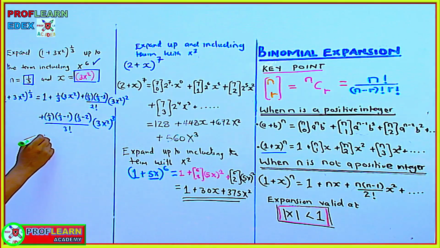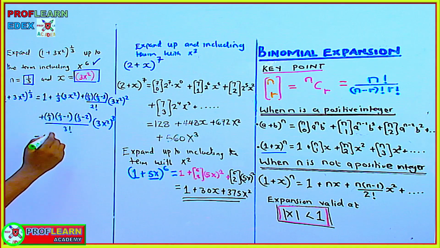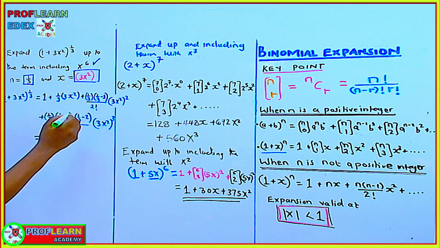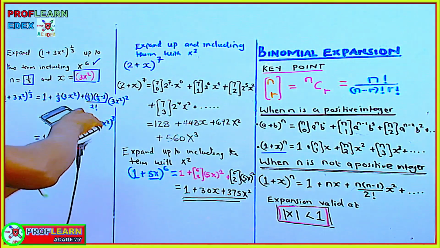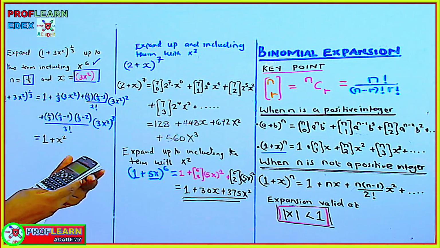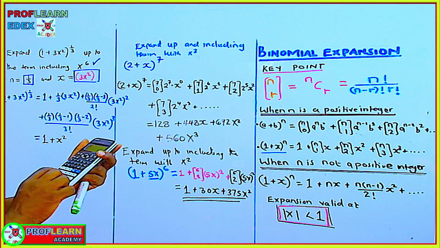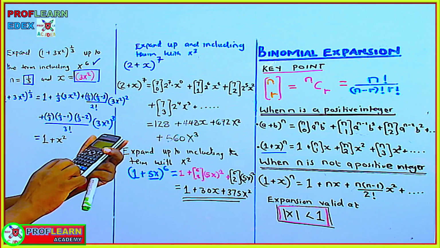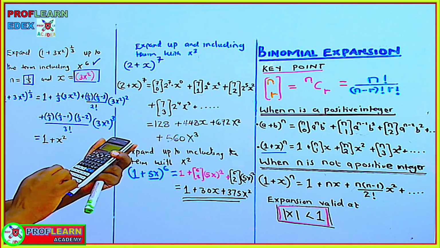The first one becomes 1. The first term is 1. The second term will be a third times 3, which is going to be x squared. The next one we are going to have, let me just put this in a calculator so that we don't make a mistake. We are going to say this is going to be open the bracket 1 over 3. I expect you do that also, and then close the bracket, then open bracket again, 1 over 3 minus 1,